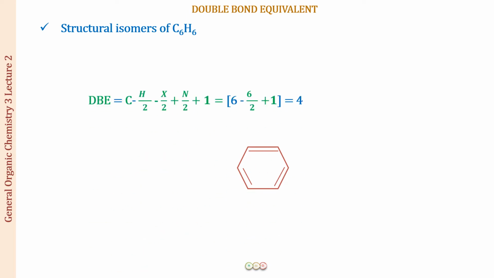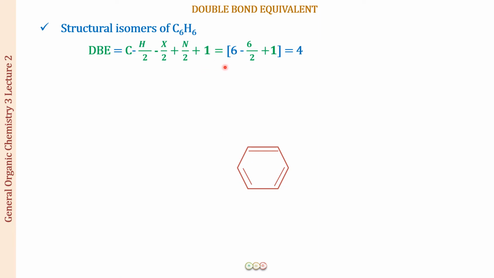Can we check out this value? Yes, we can. So 6 for the carbons minus 6 by 2 for the hydrogens plus 1, the value is going to come up as 4, as we can see in the structure of benzene. So this is one possibility I have for C6H6. Are there any other possibilities for structural isomers of benzene? Let us look. If the DBE value is 4,